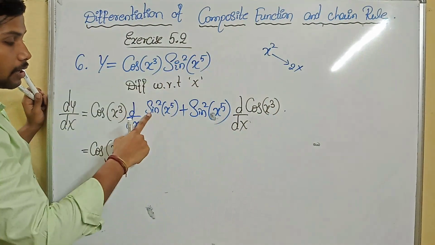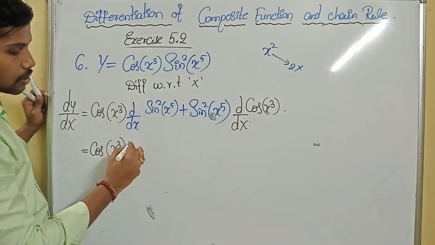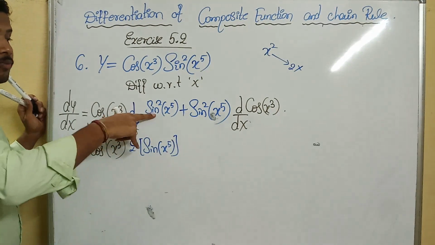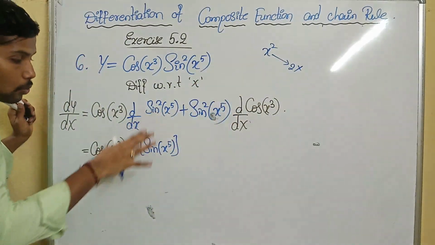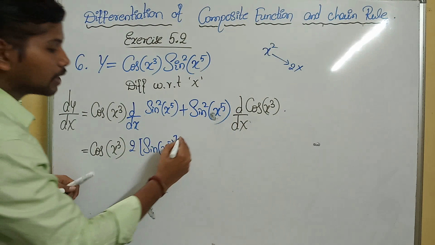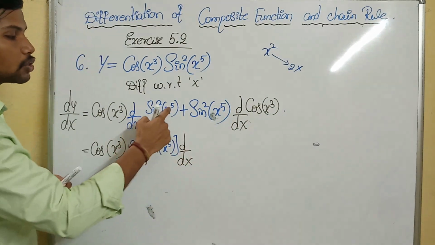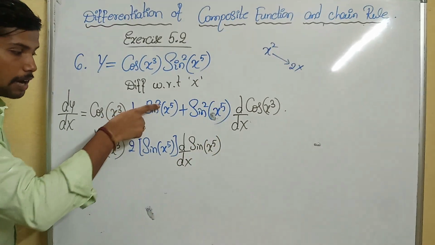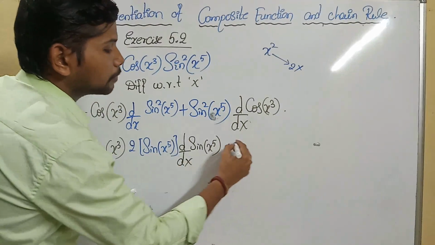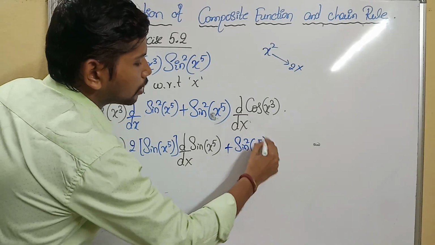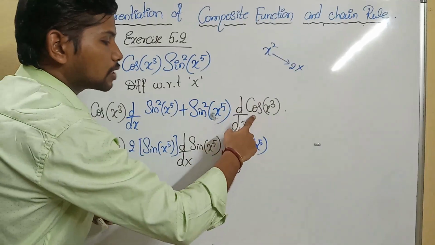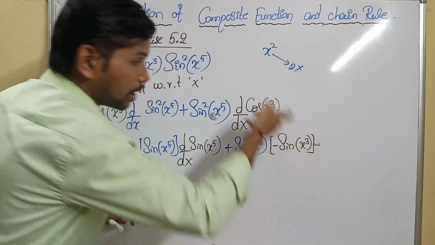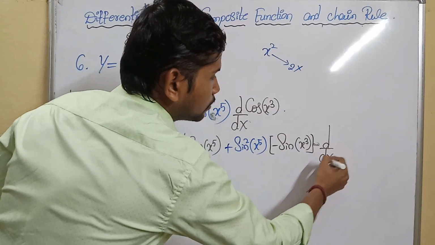In a similar manner, for sine square of x raised to 5 the main power is 2. That's why it is 2 sine of x raised to 5. Now I differentiated the power, x square as 2x. Only power differentiation happened. After that, d by dx of what is the base function? The base function is sine of x raised to 5. Without the power I wrote it because the power derivative is already over. Next plus sine square of x to the power 5. Here the main power is 1. That's why cos derivative will be minus sine of x cube, angle as it is. Now after that, the angle derivative, d by dx of x cube.